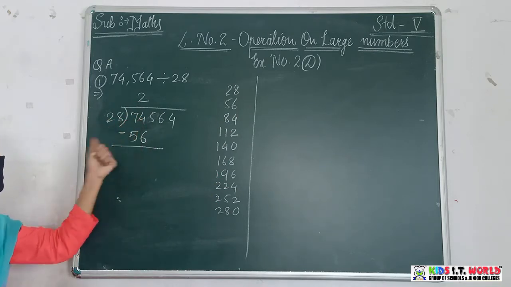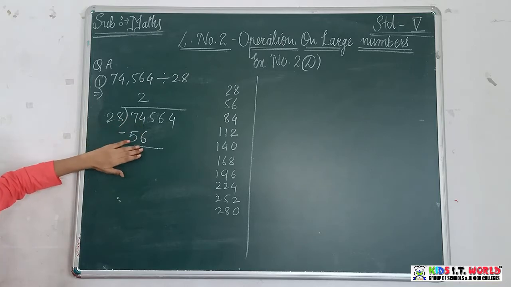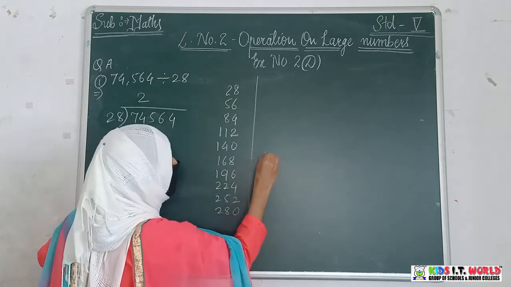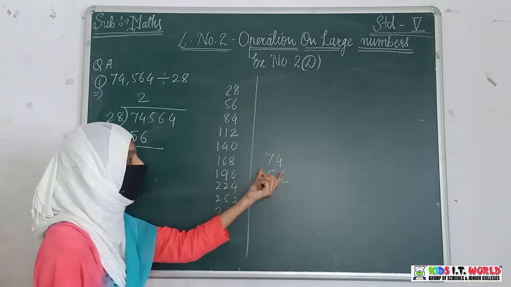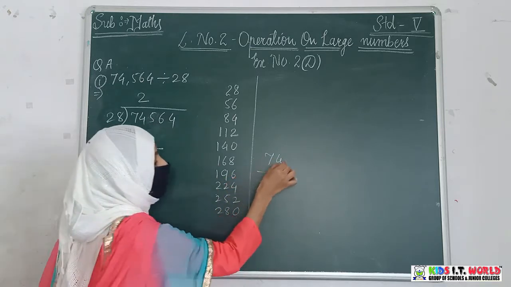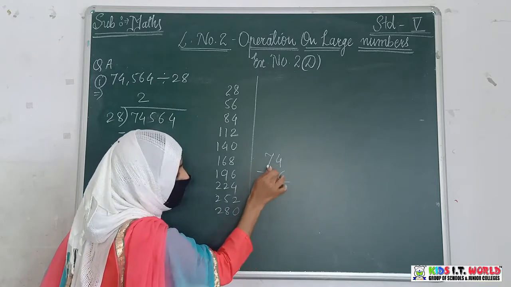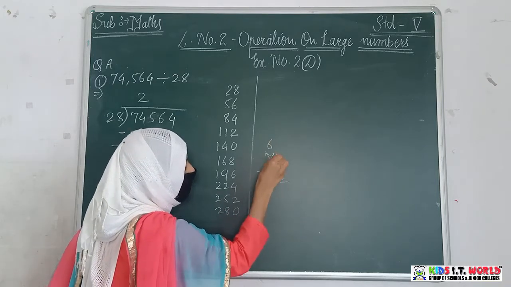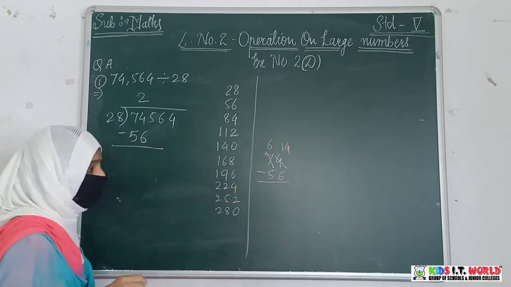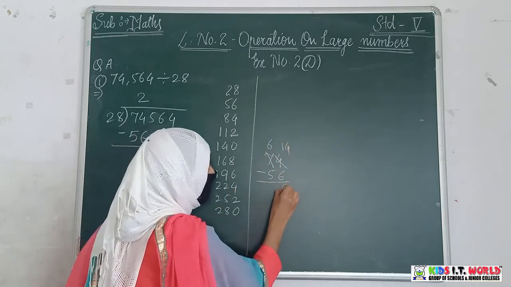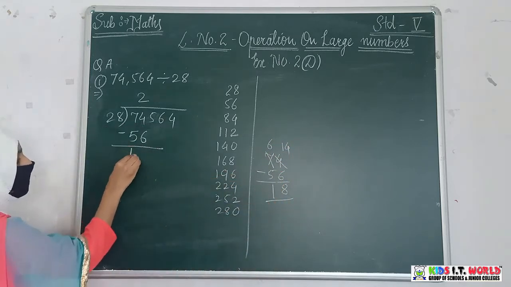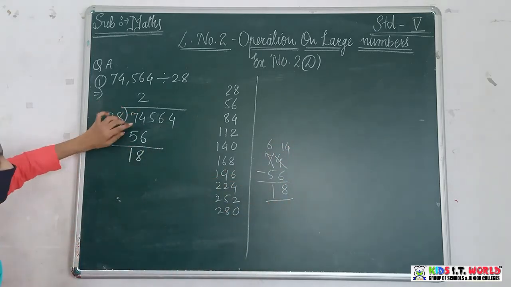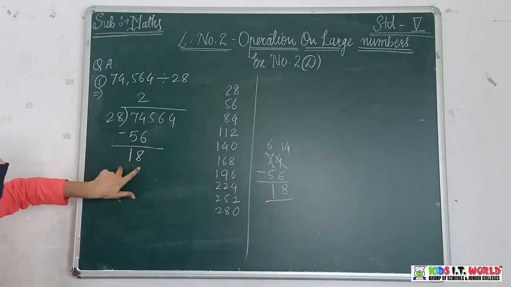Now we have to do the subtraction. If you are not able to do the subtraction here, do it in the rough work. So we will do it here, 74 minus 56. You have to subtract 56 from 74. See here, 6 is greater than 4, so you cannot subtract it directly. Borrow from here, it will be 6. It will be 14. 14 minus 6, it is 8. 6 minus 5, it is 1. So what is remaining here? 18. Write it properly. 18 is the remainder part of this number. That's why you have to write it below these 2 numbers only.